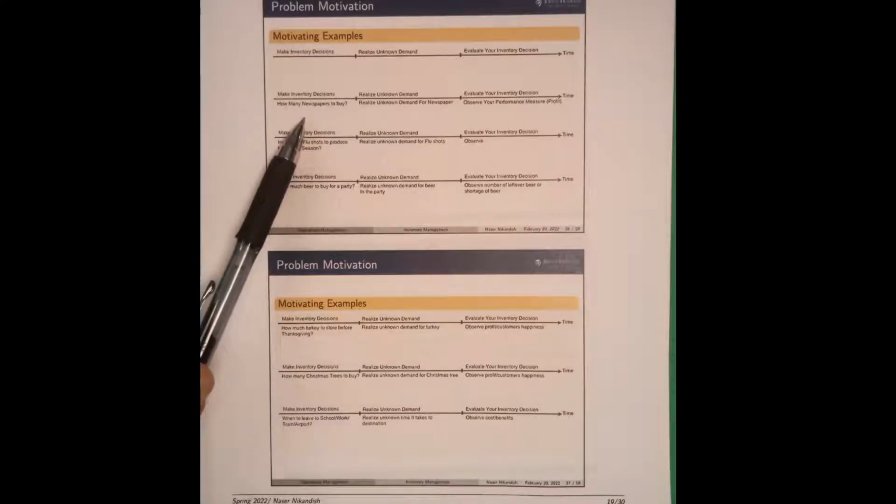So here is the first example we talked about, the newspaper problem. All right. Here's another one. If you remember from day one of the class, we talked about flu shot production. Flu season starts roughly in late September, October, and then goes on until roughly March, right? So that is the selling season for flu shots. But these manufacturers, pharmaceutical companies, have to start planning production of flu shots 8 to 9 months before the start of the selling season.